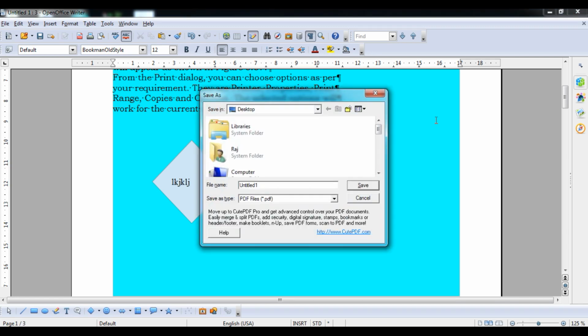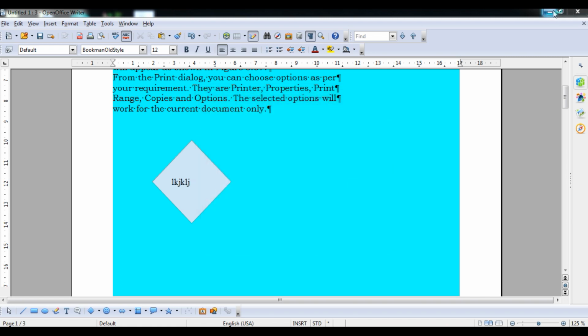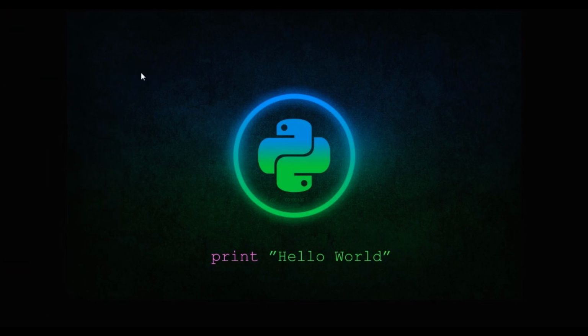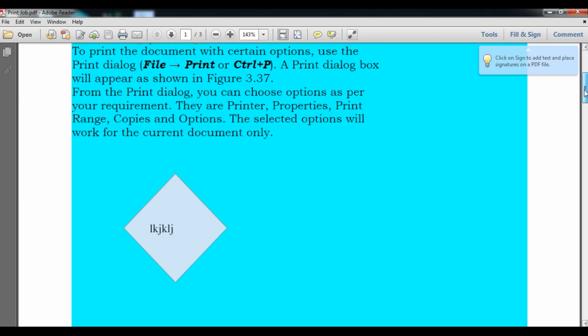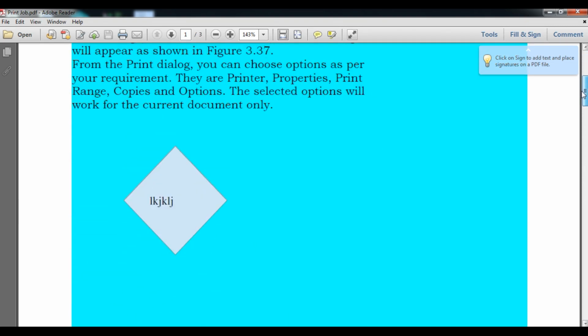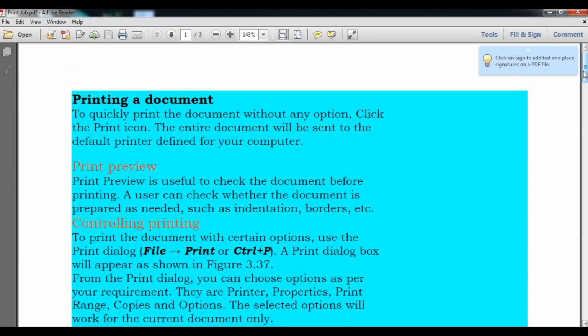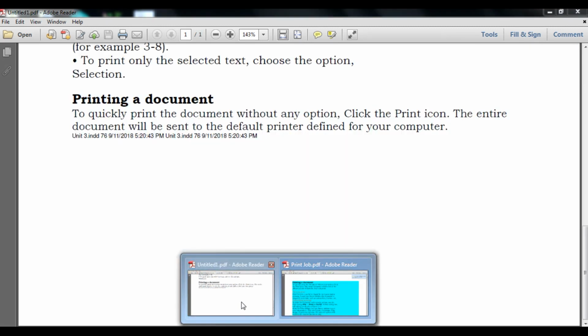So now you can see the option will appear in front of me after a few seconds, and the name of the print job again. And now I am going to save it. So after saving this, minimize this and just open this particular file. You can see now the background also has come, because I have selected the background also, that is the page background also. So student, we have covered today the digital documentation, okay, as per the syllabus.